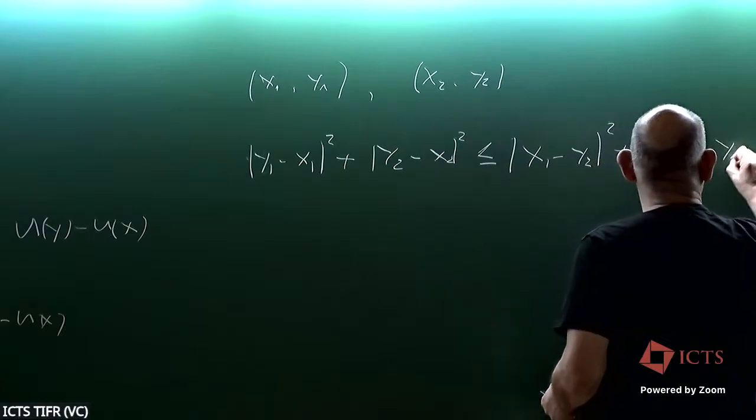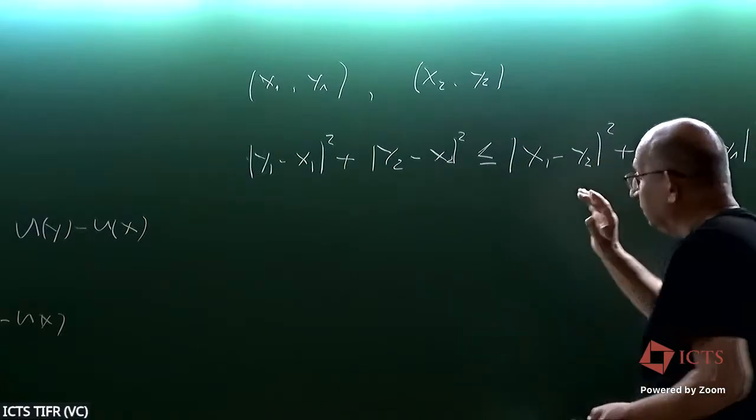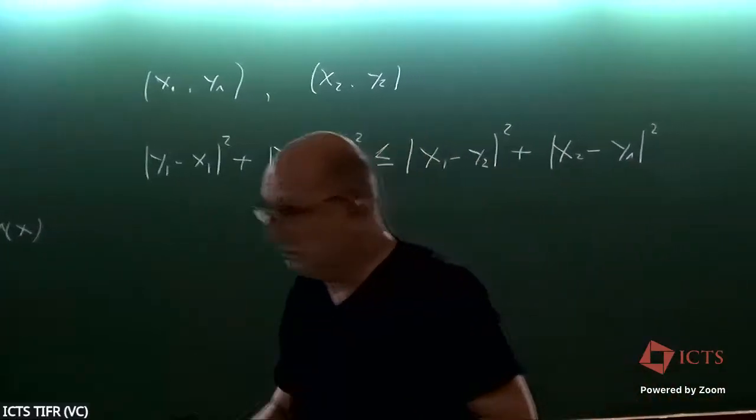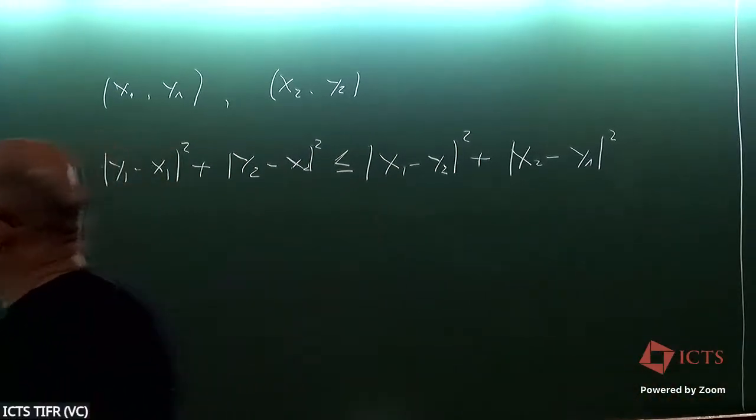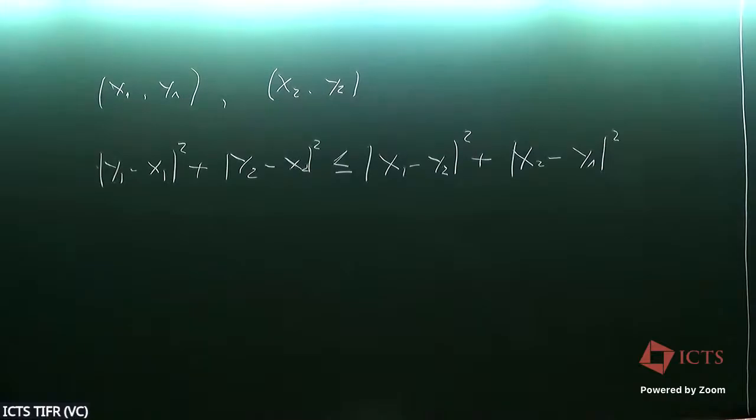So this is just cyclic monotonicity in the case of pairs, or a cycle of two. But if you open the brackets, what we get is